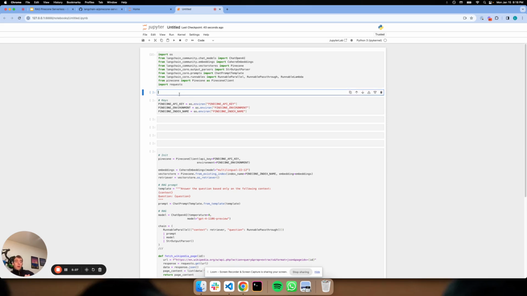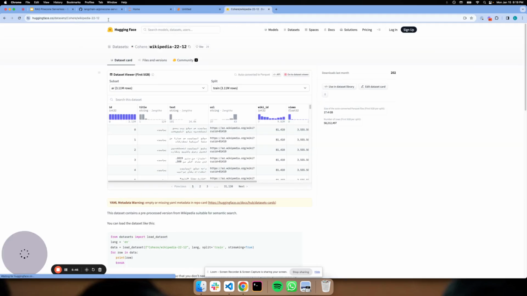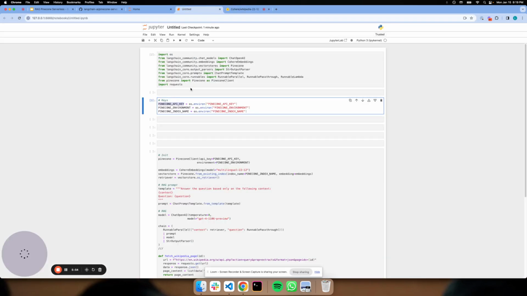So the folks from Pinecone have actually created a serverless index already and have given me access to it by providing a Pinecone API key, environment, and index name. So this I already have. I've set these keys, and I'm just simply defining them here. And one other thing I want to highlight is that this index was created from this data set, which is a dump of Wikipedia available on Hugging Face with Cohere embeddings. So I'm going to make a note of that. This is our data set